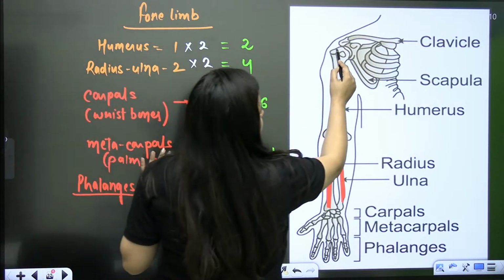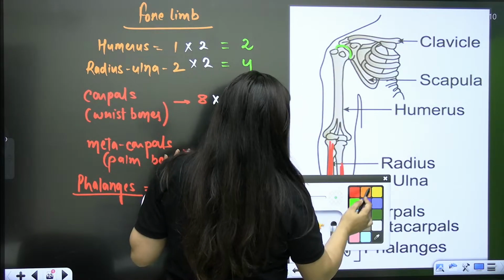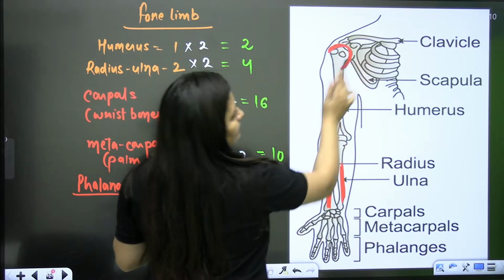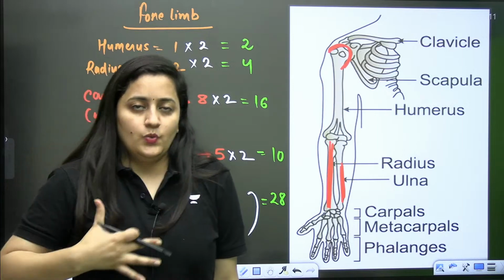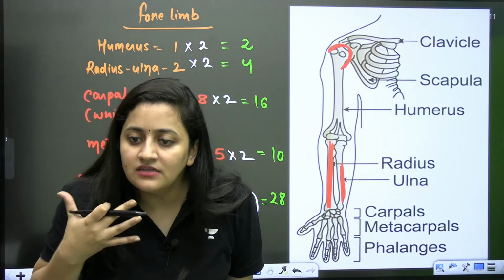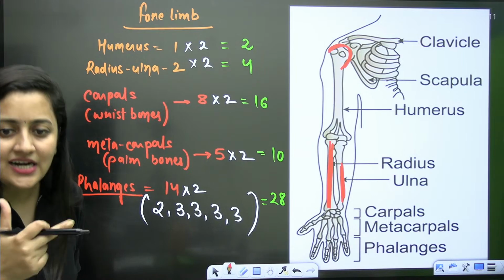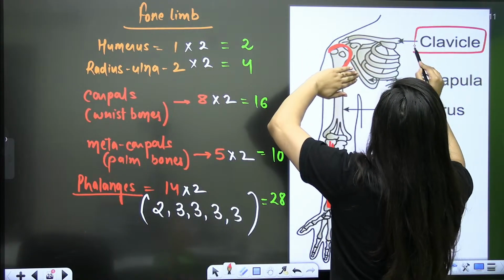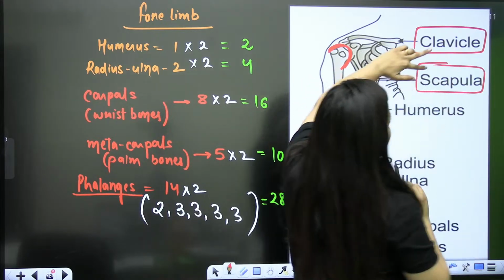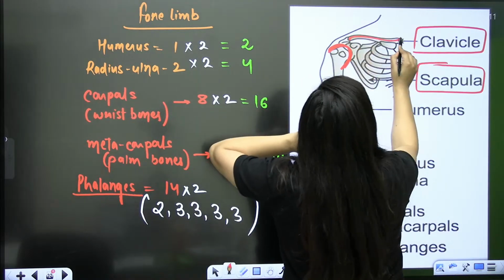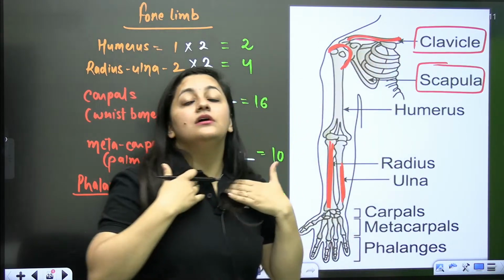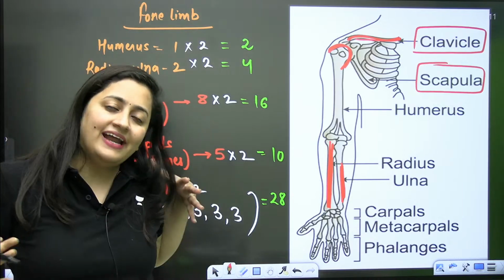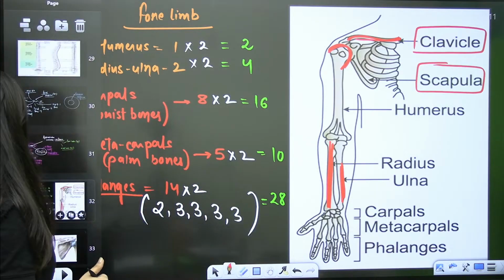Now see, can you see this humerus? I'll finish the girdle part here only. So this is attached here. We have to fix this limb with the axial skeleton, and girdles are going to do that. The pectoral girdle has the clavicle and scapula. This is the clavicle, the collarbone. And this is the scapula, the shoulder blade, which is a triangular, flat kind of structure.